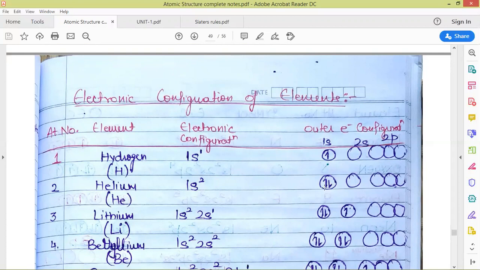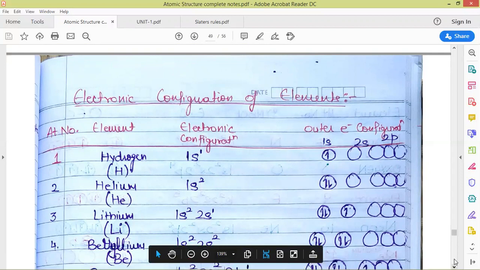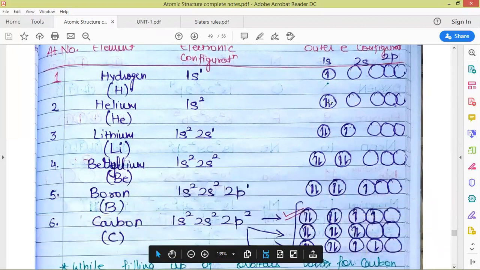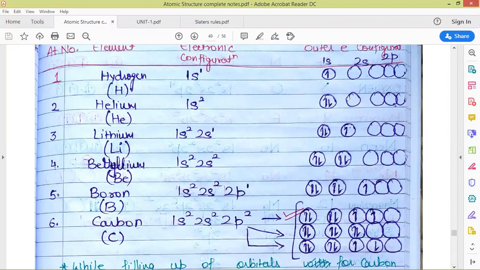Here both electrons will occupy the 1s orbital, paired up with opposite spins. As the energy level of the 2s orbital is higher, both electrons will occupy the 1s orbital for helium. Next is lithium with atomic number 3. The configuration is 1s2, 2s1. The third electron will occupy the next energy level, that is the 2s orbital. For beryllium, the atomic number is 4, and the electronic configuration is going to be 1s2, 2s2: 2 in the 1s orbital and 2 in the 2s orbital.